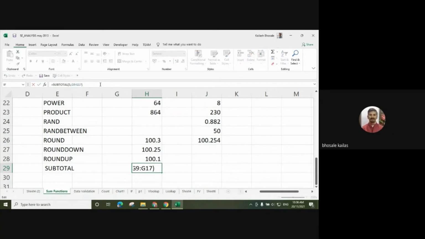And SUBTOTAL. We can use this SUBTOTAL function. What is the subtotal of all this? It returns a subtotal in a list or database. So we have to make the subtotal first.